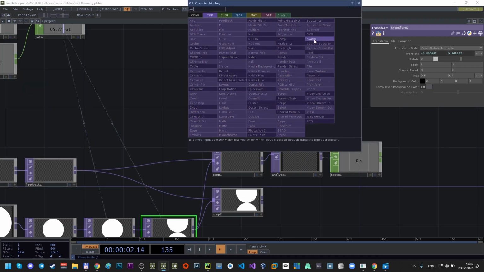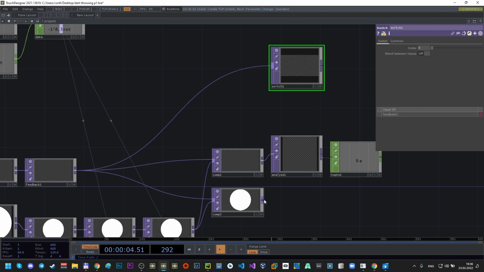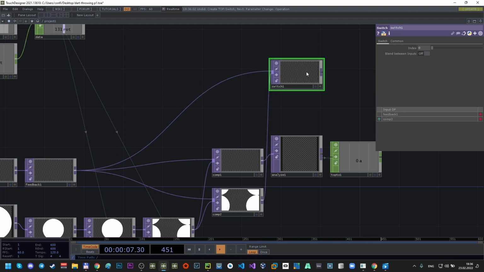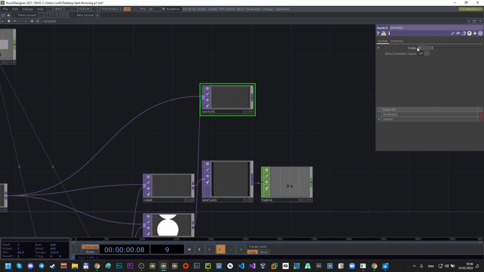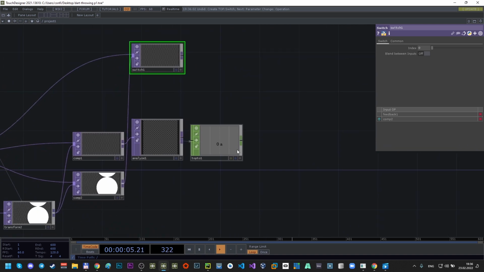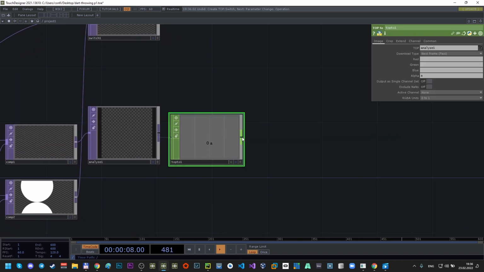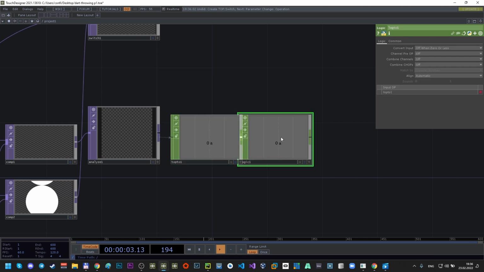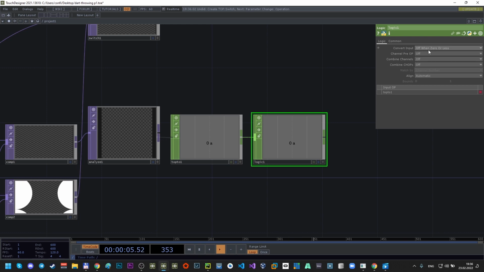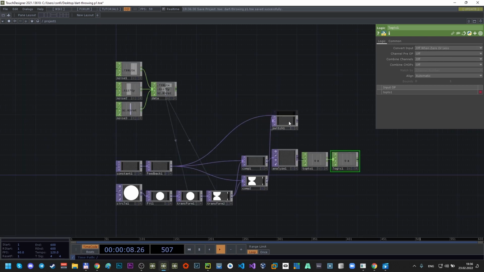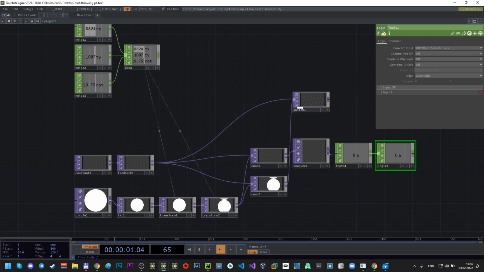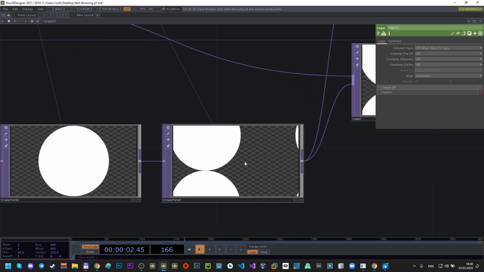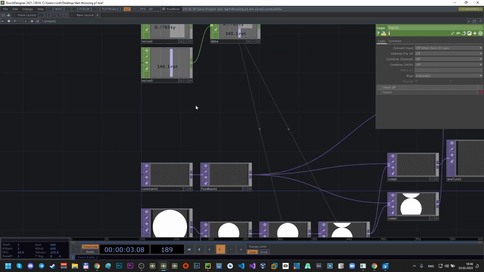Now we can create a switch TOP and connect feedback 1 and comp 2 to it. This parameter index will depend on the value from TOP to 1. But first we have to create a logic with convert input of when 0 or less. Now we can start the feedback loop, but I think the size of the object for now is too high,